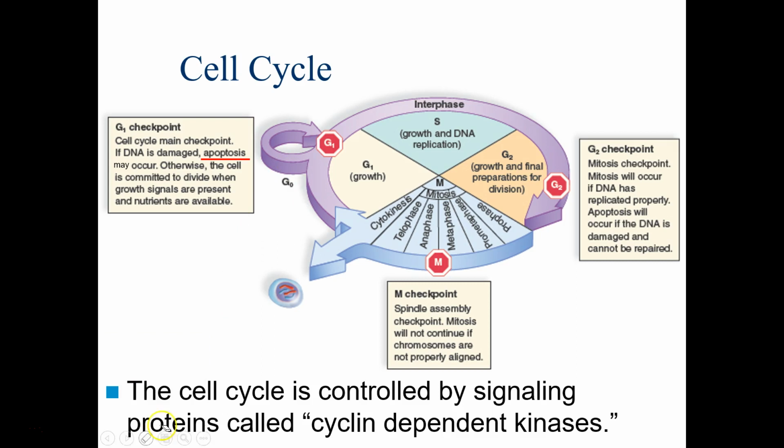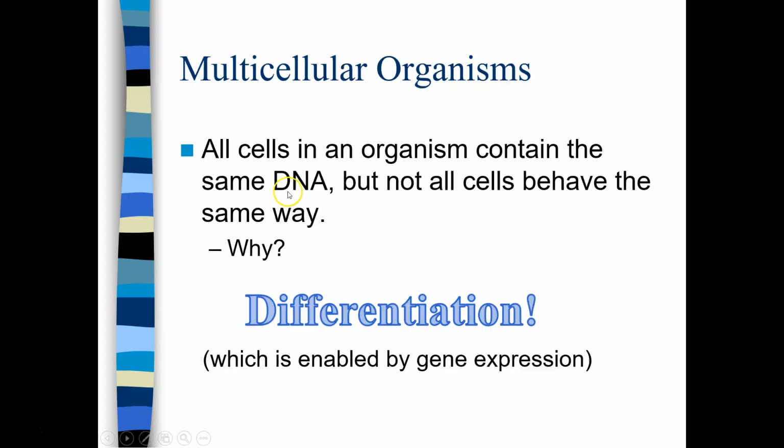Basically, not all your cells divide. The cells on the outer layer of your skin don't divide anymore. They're just produced and then they live and then they're done, right? There are plenty of types of cells that don't divide. These cells are in something called G0, which is a resting state.